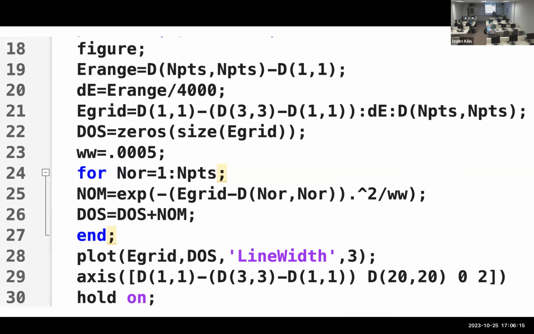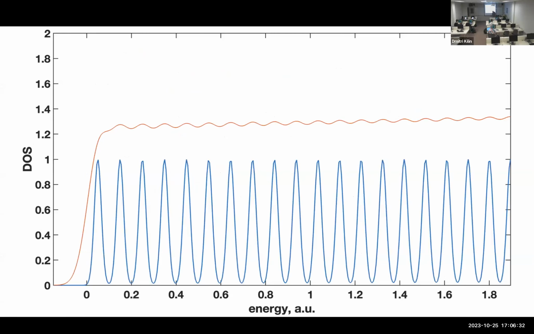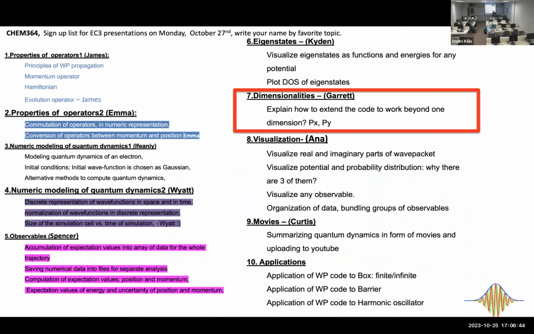And density of states is nothing but just a Gaussian exponential centered at the energy of a specific energy. So, this is density of states, right? We will do it live. I just want to cover as much as possible in the quick presentation style, and then we'll go to hands-on.